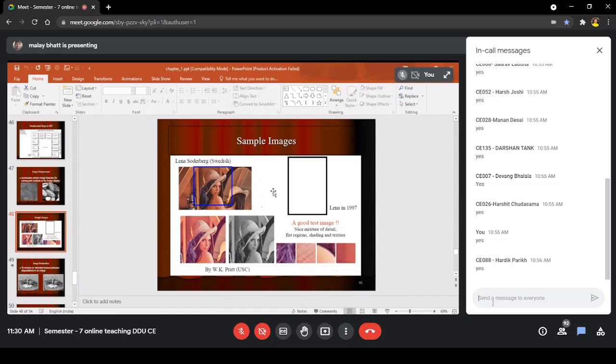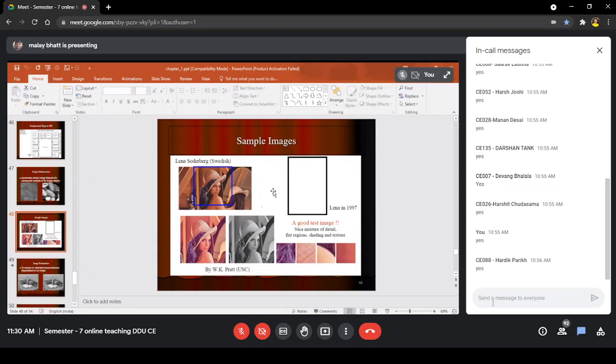So it is a very popular image, which is always used in image processing books. The reason for this particular picture of Lena is that when the person was doing an experiment of capturing an image, there were no such images available with him. So he went to a nearby newsstand and took one magazine, and the front cover of that magazine was this.